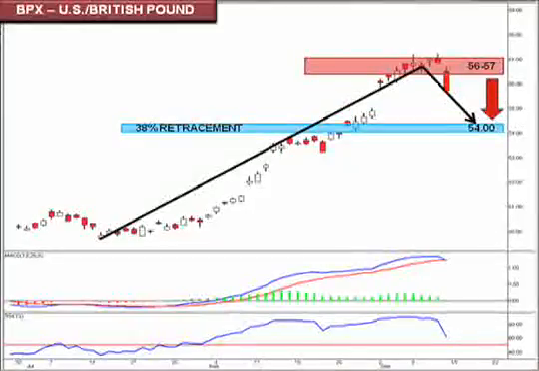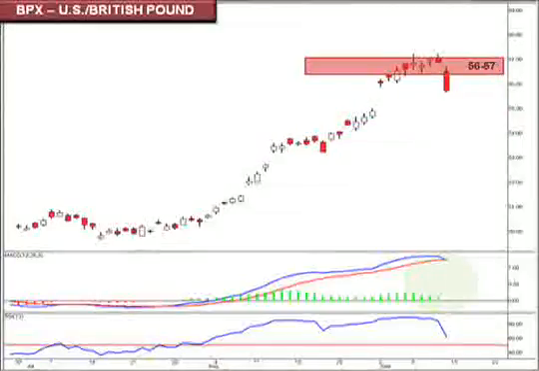That area also represents a 38% retracement in the bigger picture move to the upside. Our MACD is also starting to cross over, suggesting that that preceding uptrend is now in jeopardy, and that the possibility of a downtrend, at least for the short term, should be considered. Our RSI, which had been trending with a momentum to the upside quite nicely, has also turned down, suggesting that we should consider the possibility of a continued move to the downside, particularly into that 54 to 54.5 focal zone.